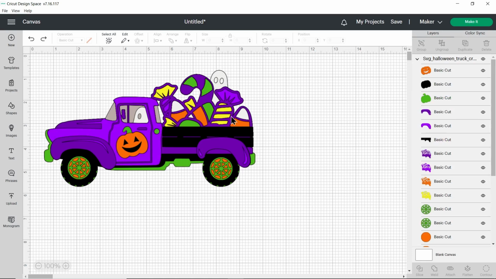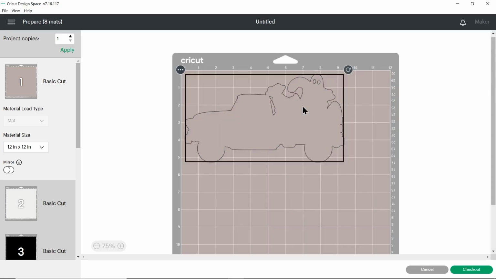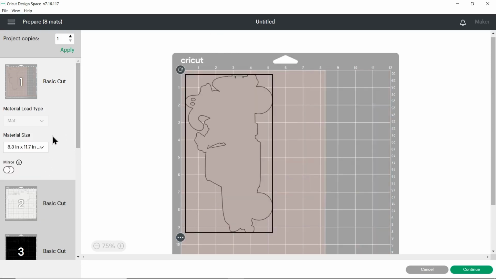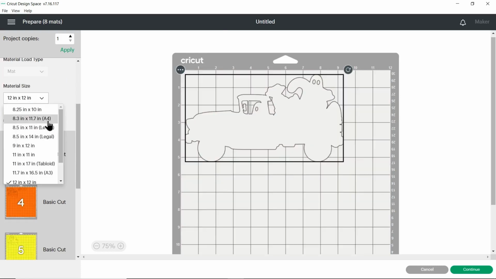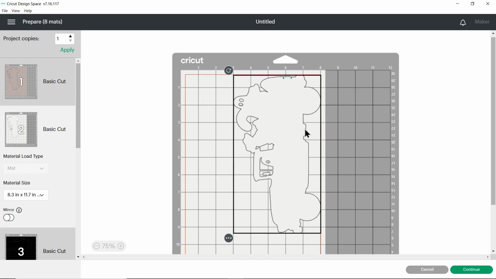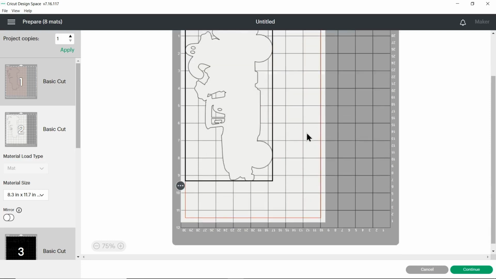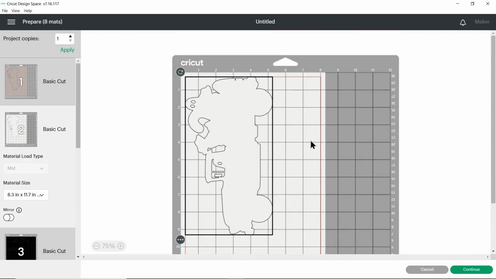And then when you're happy with the size, go ahead and click Make It. This screen separates out all of the different colours, so you can change the paper size if you want to. And you'll need to do that for every single colour. You can move things about on these mats if you want to position them differently. When you're happy with how everything is looking, click Continue to connect to your Cricut machine, get everything cut out from cardstock, then I'll show you how to stick it all together.